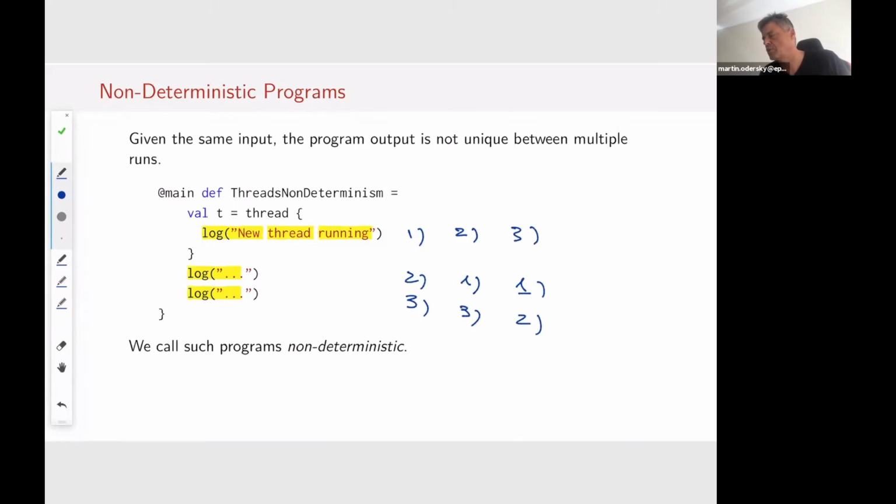For instance, as we create this thread and start it, it could be that the thread gets immediately queued, and then the main thread gets to run and prints its two log messages, and then we come back and run that thread. Or it gets queued, the main thread runs the first log, and then it gets suspended and we run the thread instead. Then we would run this first, then this one second, then this one third.